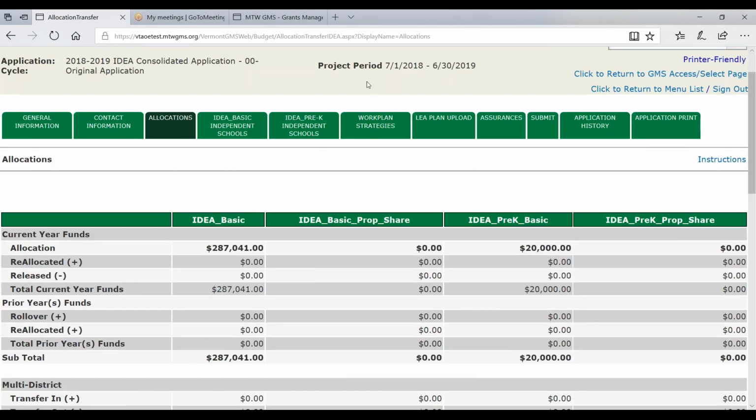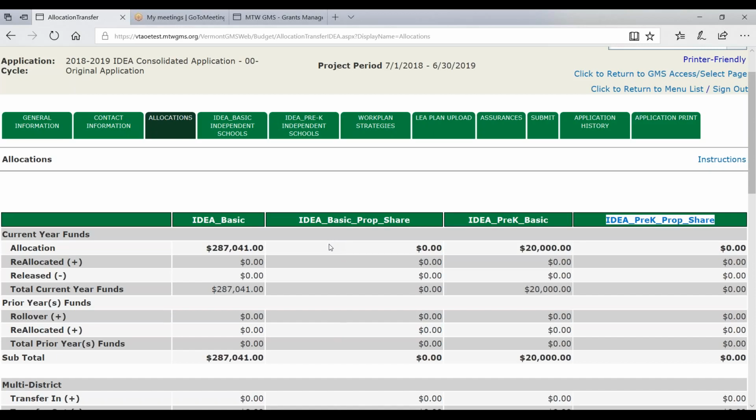All right, so I'm going to switch over into the next web page, because this section is designed to tell you how much funding you have. I glossed over the fact that there are these columns over here for proportionate share. Proportionate share's purpose in life is to keep track of the funds that are owed due to equitable share requirements for independent schools. For example, just for argument's sake, let's say that this particular SU has 2% of their students